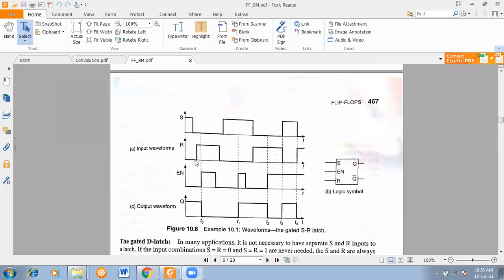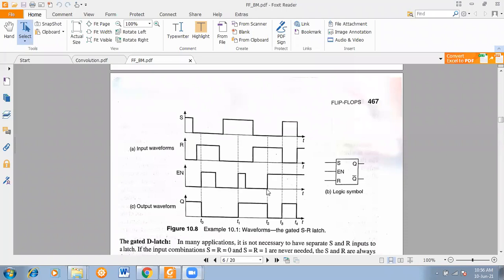So in this case, when the clock is present in this position, the dotted line is there. So this is 0, this is 1. So definitely output will be 0. So output 0 ho gaya. So the second clock position, this is 0, this is 1. So S is equal to 1, R is equal to 0. As S is 1, output will be 1. So therefore output 1 ho gaya.